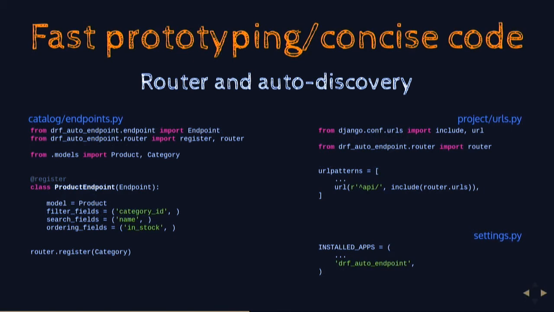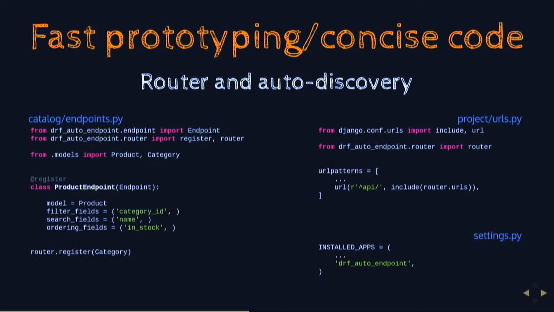Now, regarding the router, as you have seen in the code, I don't want to have to add lines. So we're using auto-discovery, the same